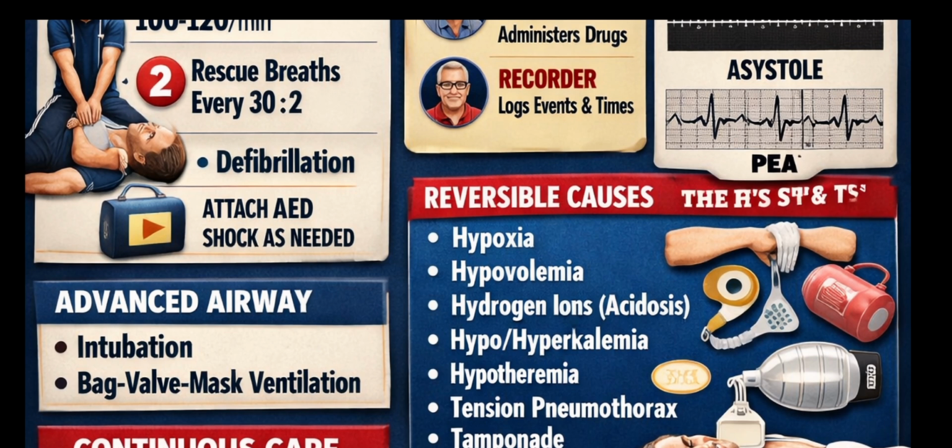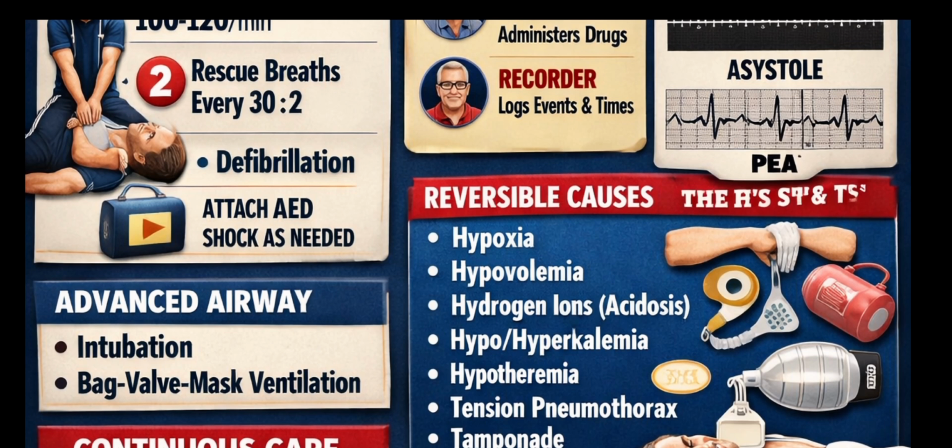So what are the reversible causes? Look for treatable causes and assess. The H's are hypoxia, hypovolemia, hypokalemia and hypothermia. The T's are toxins, tension pneumothorax, tamponade, and thrombus, either pulmonary or coronary. Continuous care: continuous CPR cycles, assessment of rhythm every 2